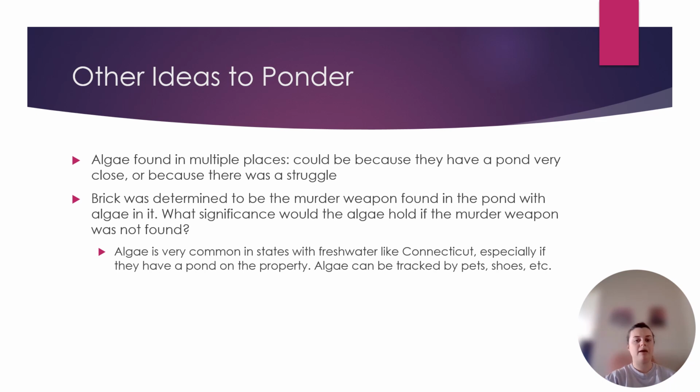So, other ideas to ponder. Algae can be found in multiple places. Could be because they have a pond very close, or because there was a struggle. So there was a pond on the property. Algae can travel. The brick was determined to be the murder weapon and was found in the pond with algae on it. What significance will the algae hold if the murder weapon was not found? So if they did not find the brick in the pond and that was determined to be what killed his wife,